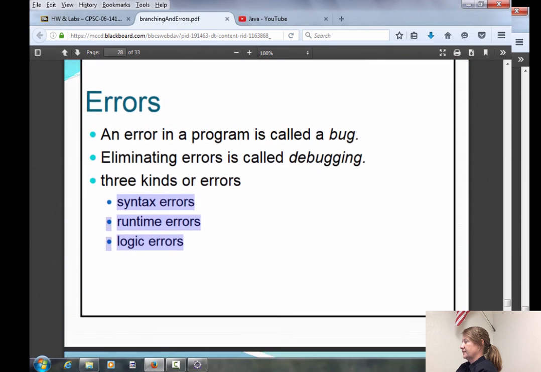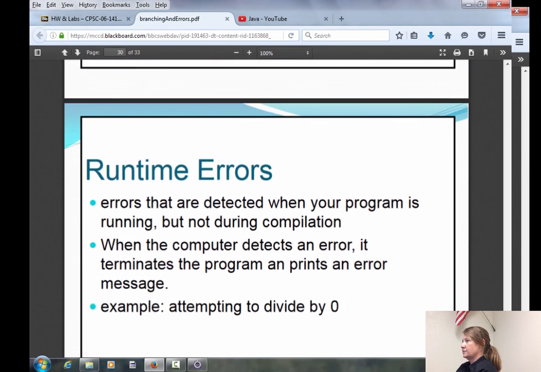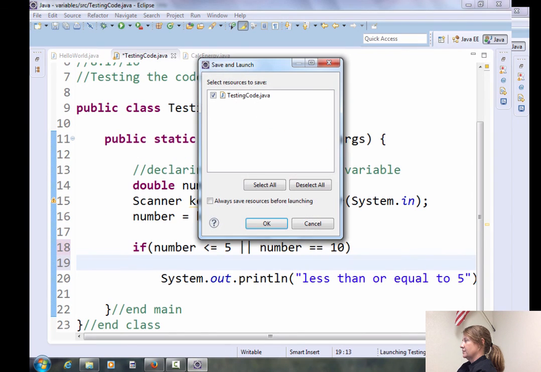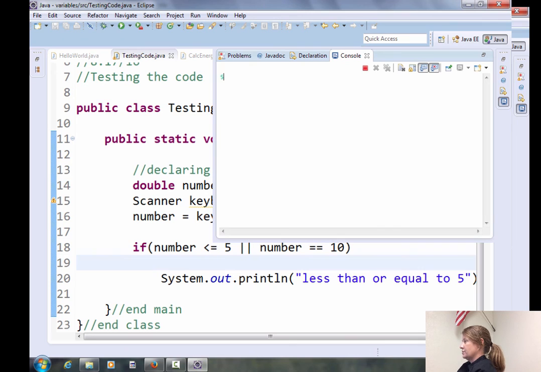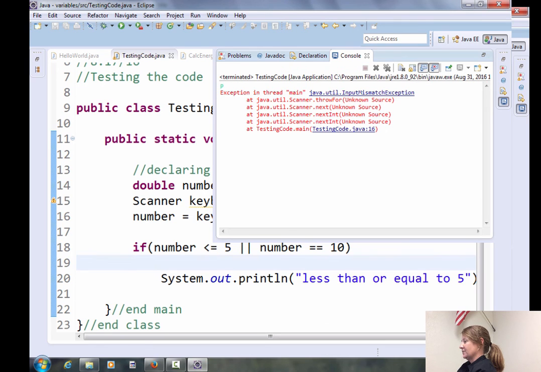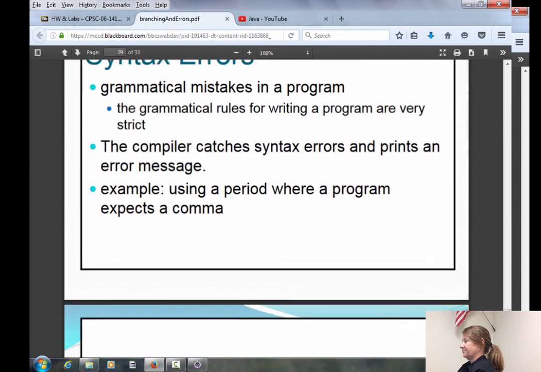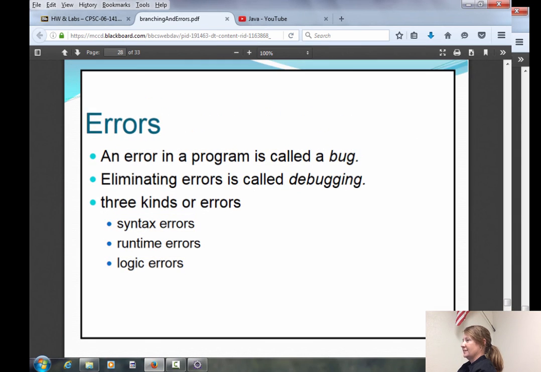All right. So syntax errors are our semicolon errors. Our compiler tells us about those errors. Runtime errors, we got that runtime error when I ran my program and I entered in the wrong value. And then logic errors were when I had that semicolon right here. That would be a logic error. Now which ones are the hardest to find? Do you guys remember? These are really easy to find. Yeah, the logic error is definitely the hardest to find.